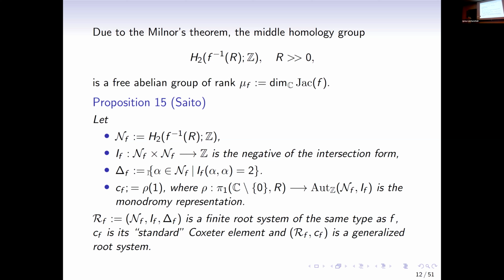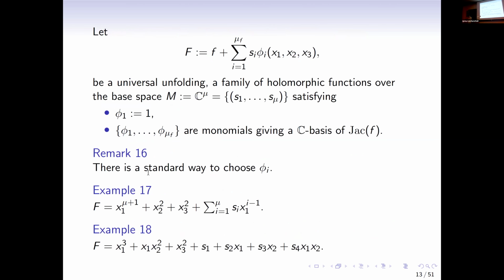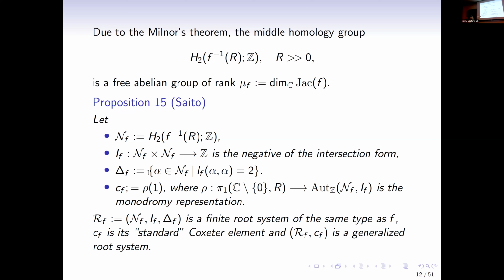This is the geometric construction of the generalized root system. And there is also some non-symmetric bilinear form, like in the previous talk. In some sense, this is a symmetrization of the form. The upper triangular part or something like that is known as the Seifert form. Yes, so you don't consider it? This was what Professor Saito did.